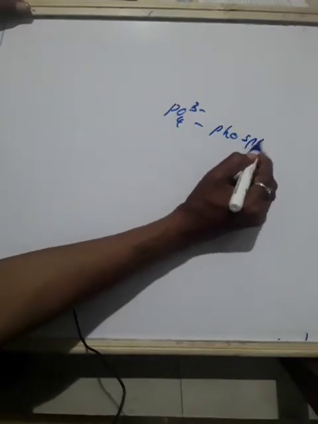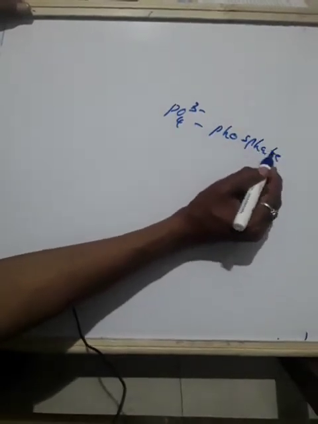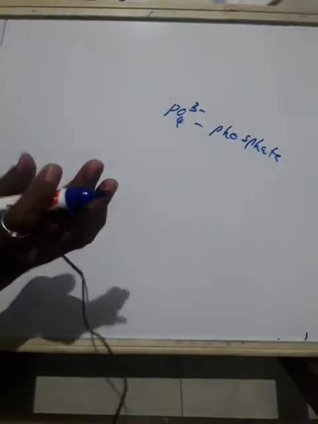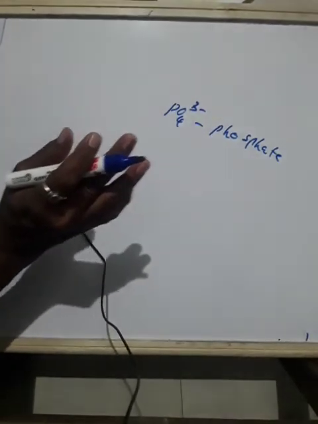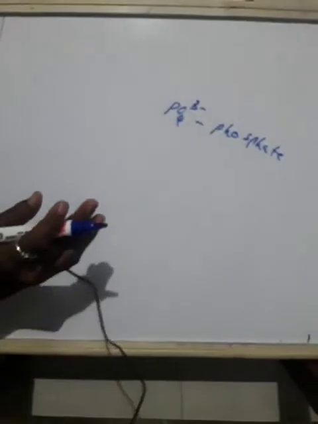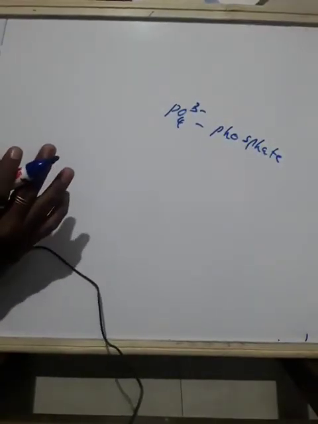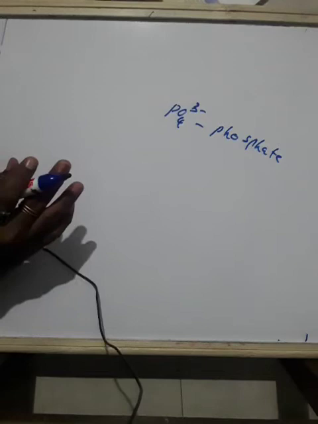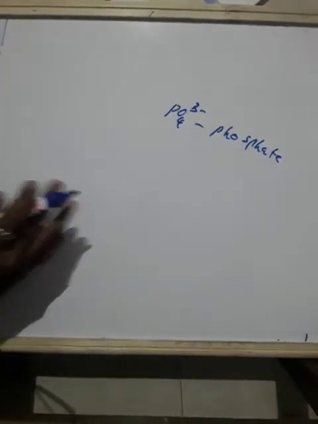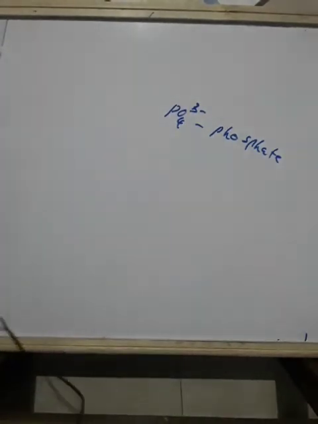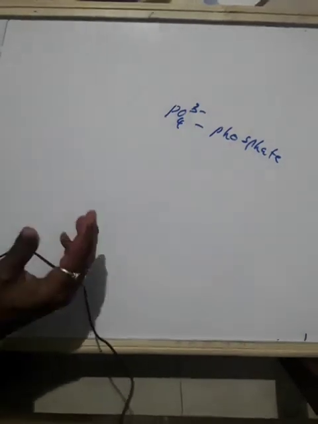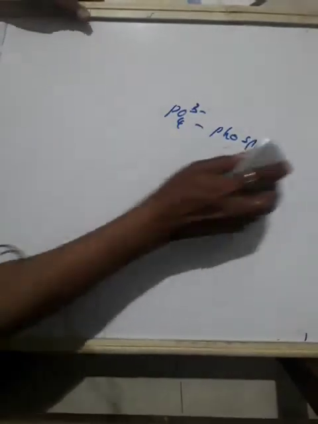Phosphate. So if you know a few valencies, take page number 37. This table plays an important role, because the whole method of writing formula, you can use this table only to write any compound formula and name. So how to write a formula? What is a compound? A compound is formed by the combination of two or more substances or two or more ions.